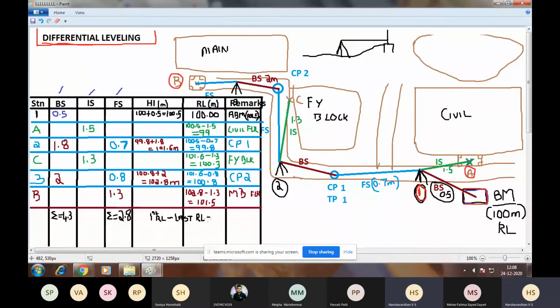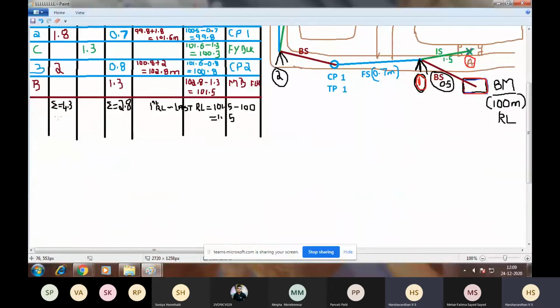The first RL is 100, the last RL is 101.5, so the difference is 1.5 meters.